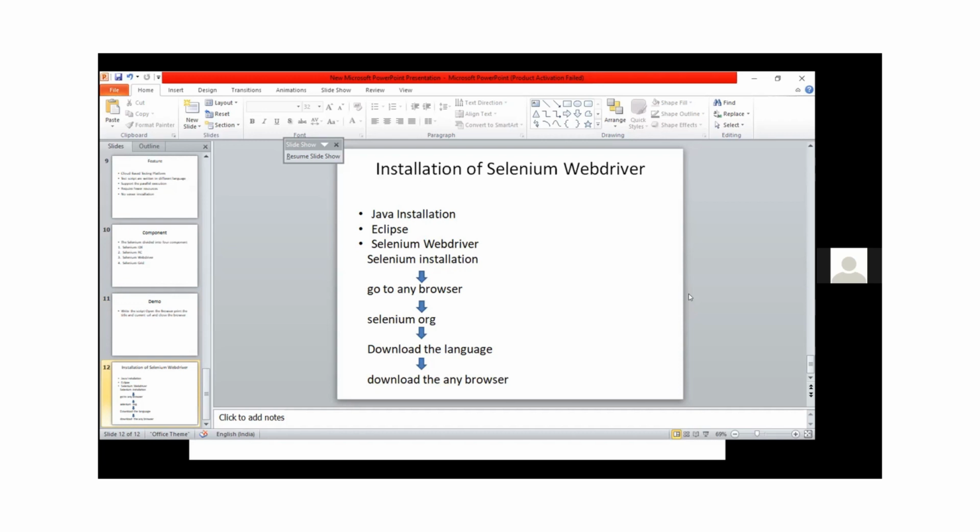I know only one language, Java, so I download the Selenium Java support, and next download the browser. I use the Chrome browser, so I download the latest version of Chrome. It provides the path for executing test cases. So this is the installation, and I showed you the demo.